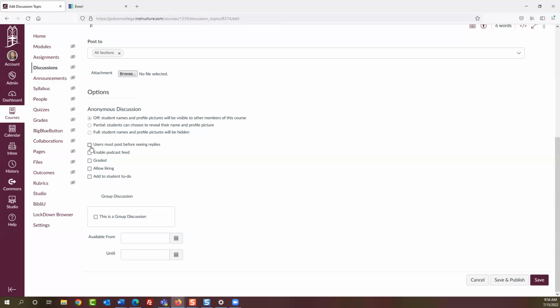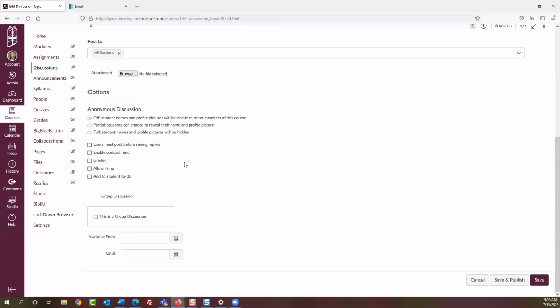The Q&A forum is just clicking that button. So a user must post their response before they can see other student replies. And we've talked about this many times before. That's handy if you want students to express an original opinion or idea and not have a student who will say, oh, I feel a little insecure today. I'm going to read all of the smart kids' posts and then I'll synthesize a new version of what they've already said. So I'm going along with the group. If you like to require students to post before they can see anyone else's posts, that Q&A forum, that's your